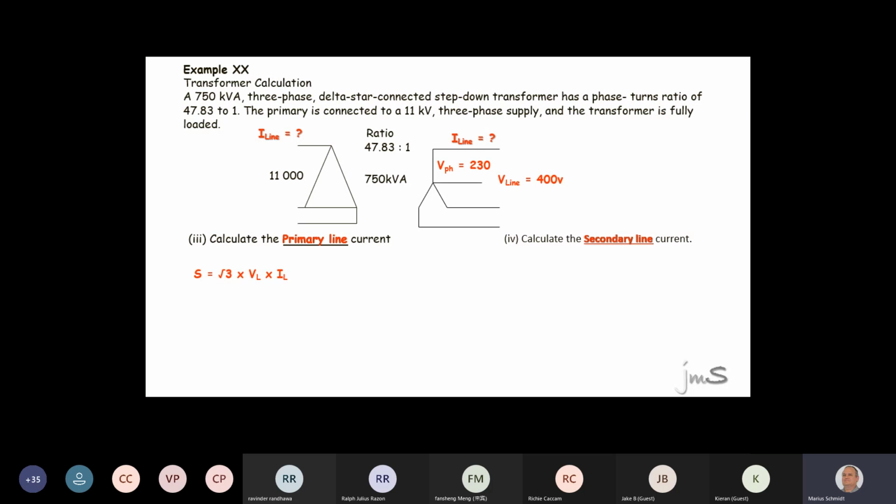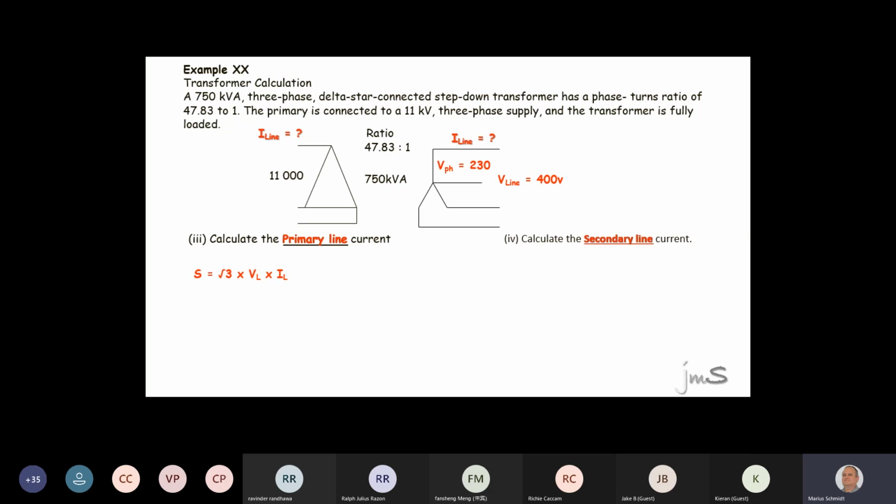You agree that V1 over V2 equals N1 over N2. Let's take it in words: primary. It doesn't matter if it's the other way around, so long as the P's at the top when it comes to 2 and 5. Do you agree with current? I1 is over